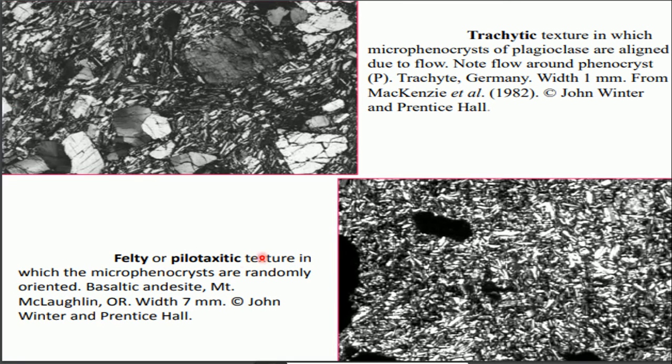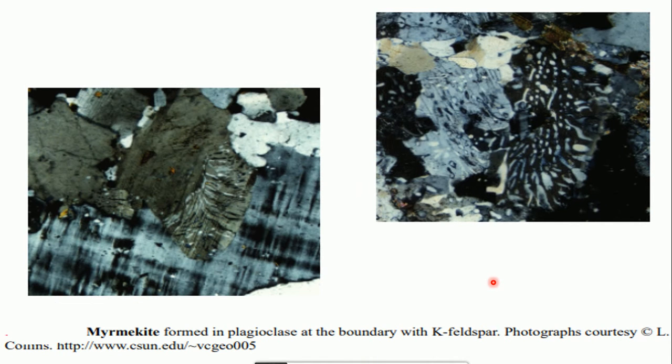Felty or poikilitic texture is one in which the microphenocrysts are randomly oriented, as you can see here. Myrmekitic texture is a special type of texture in which quartz forms needle-like structures at the boundary with the K-feldspar, and you can see this in this